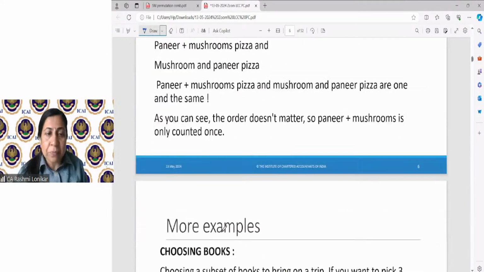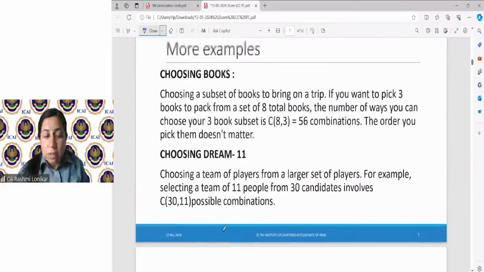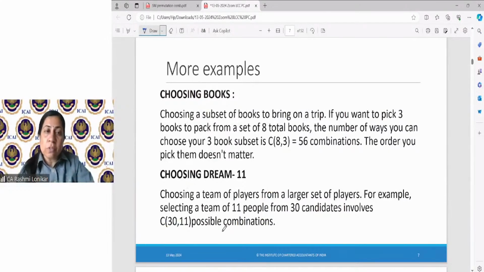Okay, so now choosing a book. Suppose you want to take some books for a trip. You're going out on vacation. If you want to pick three books,